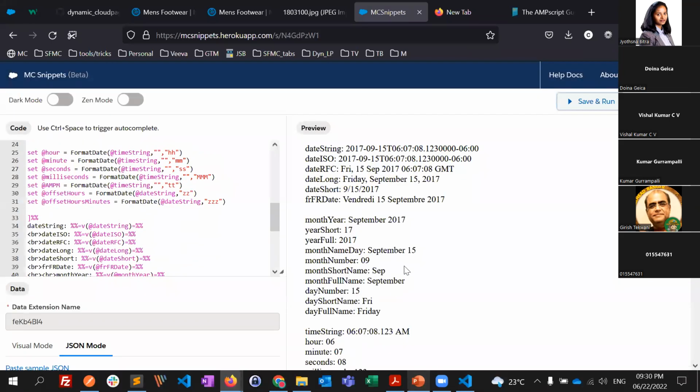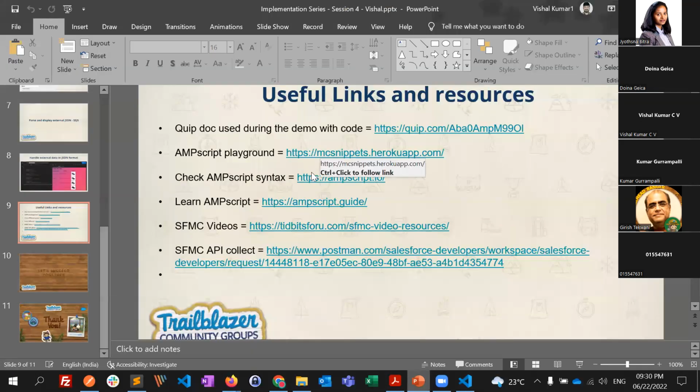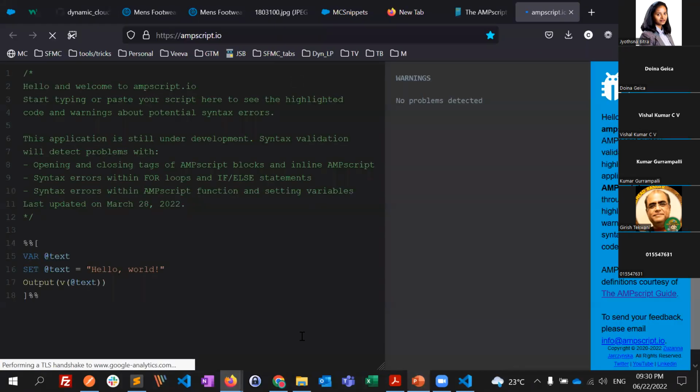So now you have the output. Without using any SFMC servers, you can make use of this very useful tool to learn AMPscript. Okay, and there is one more tool called ampscript.io, wherein if you have coded very lengthy code,